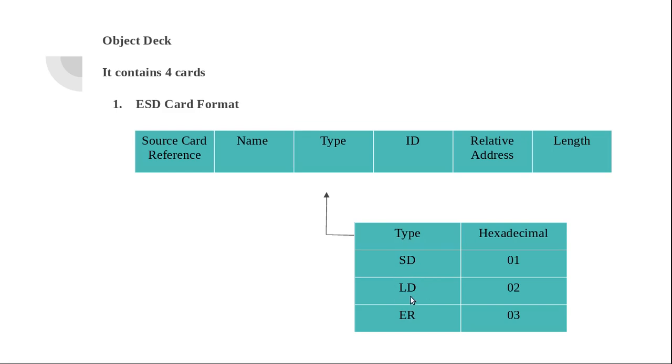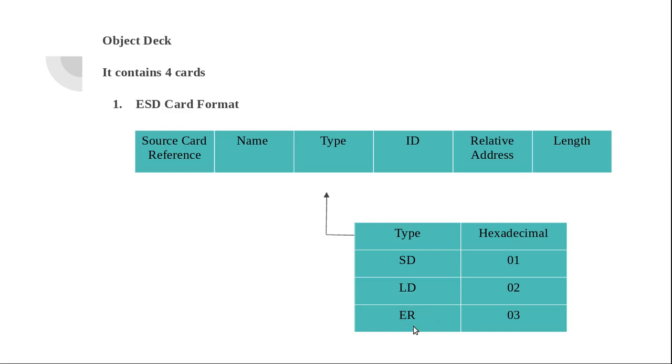Then the next type is LD. LD means local definition. That means the symbol has been declared with the pseudo opcode entry, which means the definition of that symbol can be found in the present program, but the symbol is going to be referenced by other programs. That's why the type of that symbol is written as LD. An example of an LD type symbol in the John program is result.